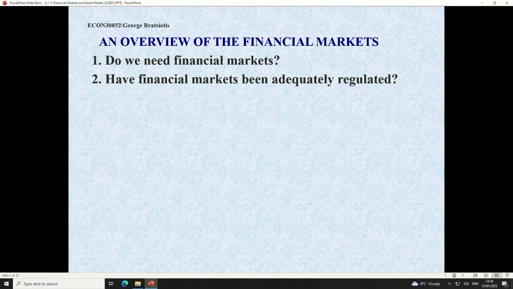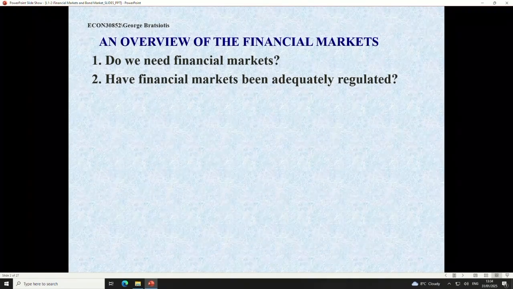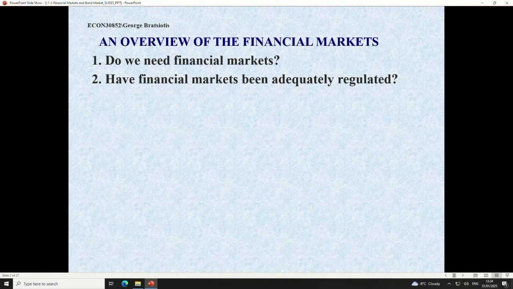In other words, do they get a fair deal? If you put your money in a bank as deposits because you don't want to take risk, and the bank takes it and starts investing in very risky assets, are you covered? You didn't want to take that risk. How come they take your safe deposits and invest in risky assets and then say, sorry, we've gone bust, you're not going to get your money back? Well, you could have taken the risk yourself, right? But you thought your money was safe.